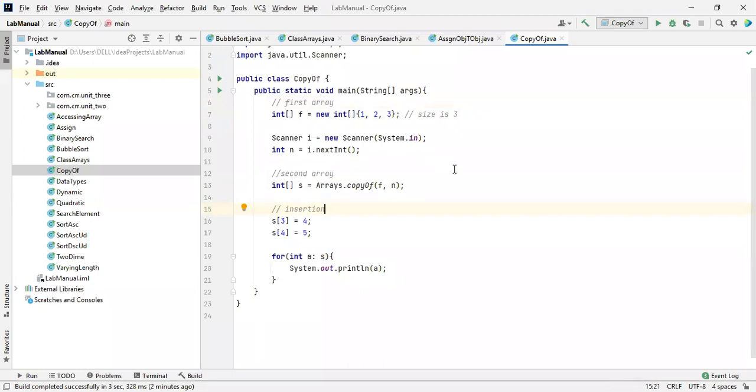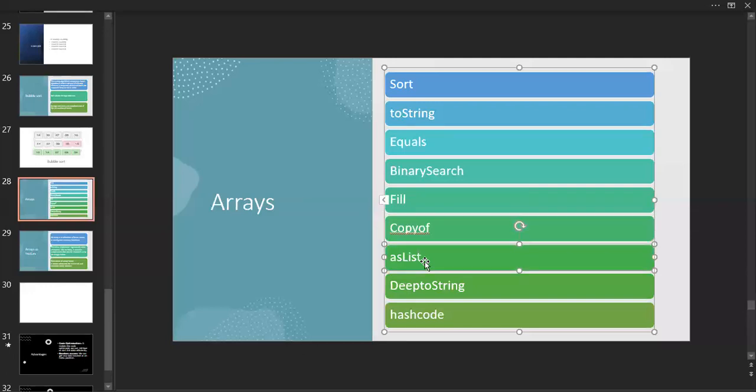Okay, now we'll go for the next method. asList. This is the main method we'll use at the time of arrays.